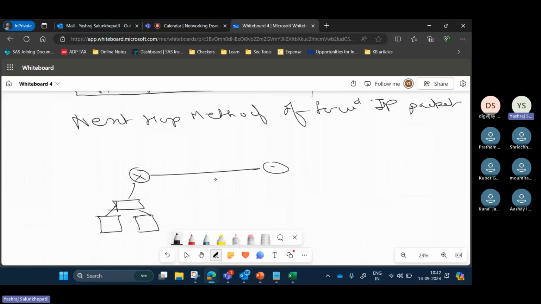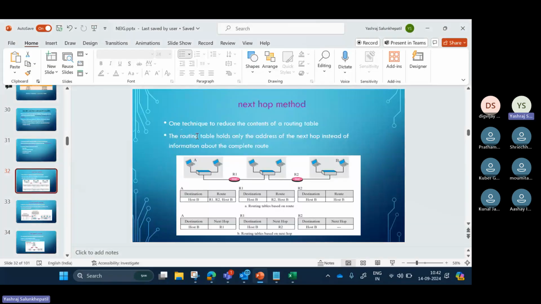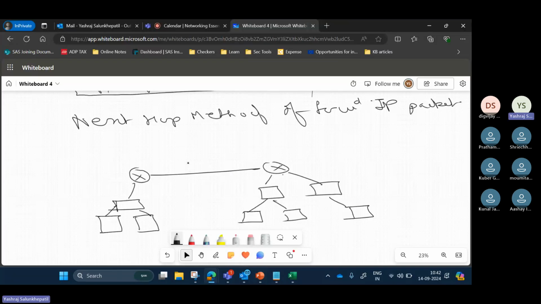This is connected to another router which has a switch, which may be having another switch, and there may be 4 devices in total. Or let's say there is just one. Okay. So now the routing table holds only the addresses of the next hop instead of information about the complete route.